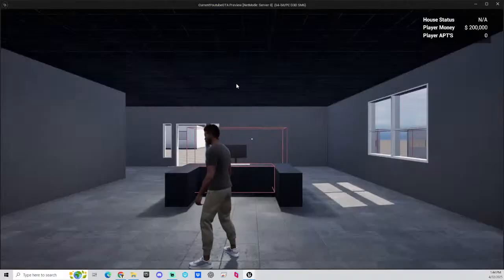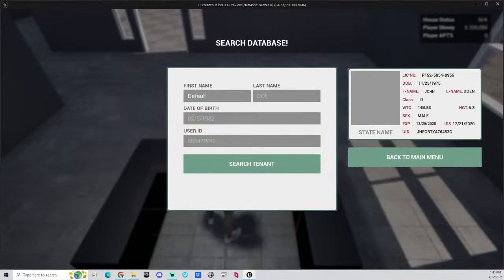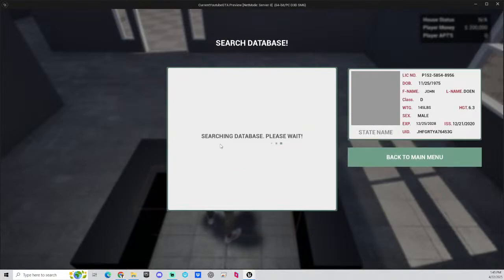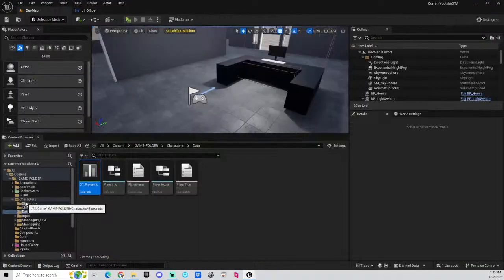The result needs to be collapsed. So I do this. Oh, it's because default doesn't have anything. That's why it's returning result. Yeah, it doesn't have anything. So if I hit search again, yeah. So, but if I go, let me show you. If I go inside of the